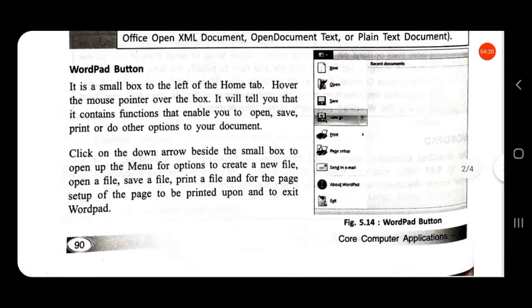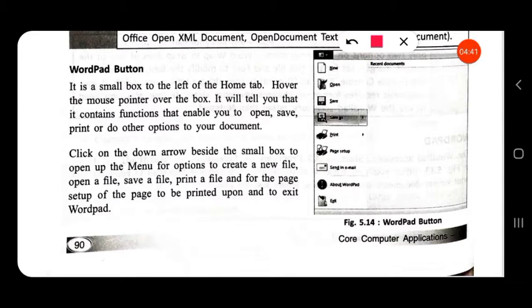Click on the drop down arrow beside the small box to open the menu for options to create a new file, open a file, save a file, and for the page setup of the page to print upon and to exit WordPad.